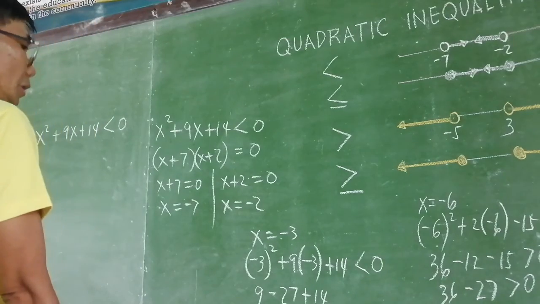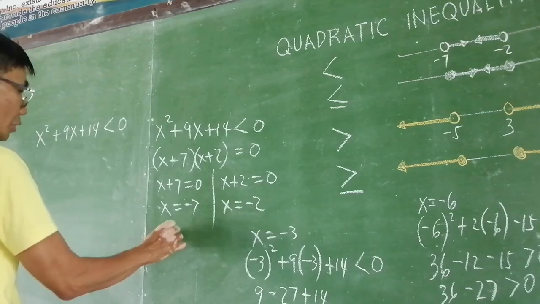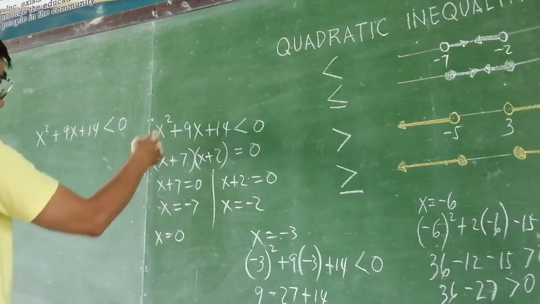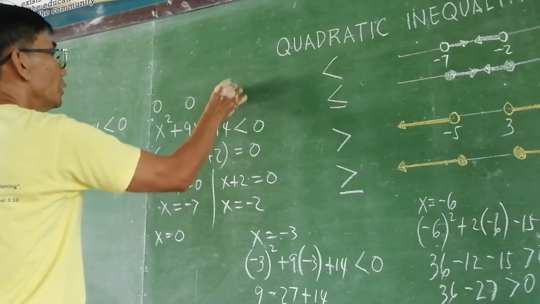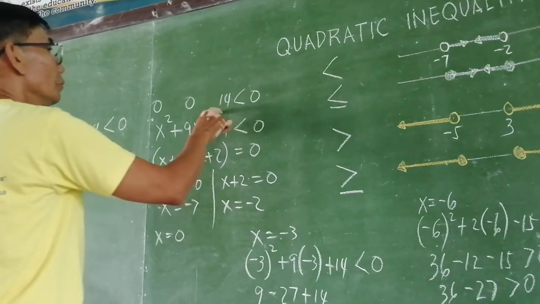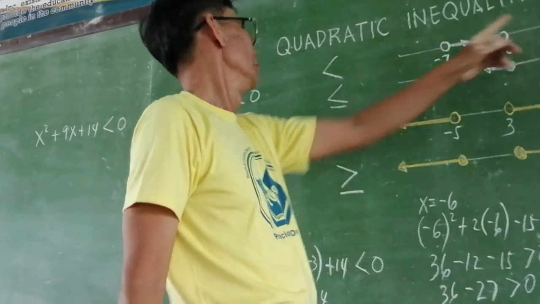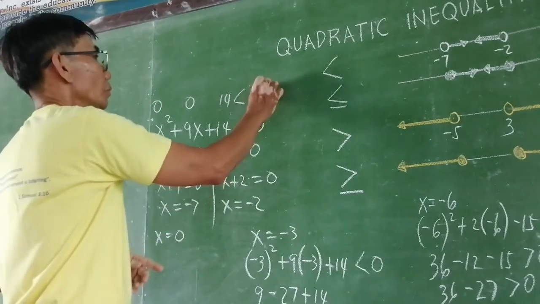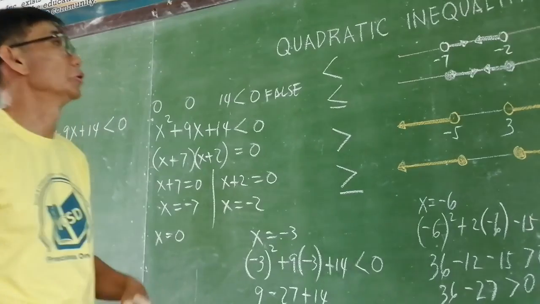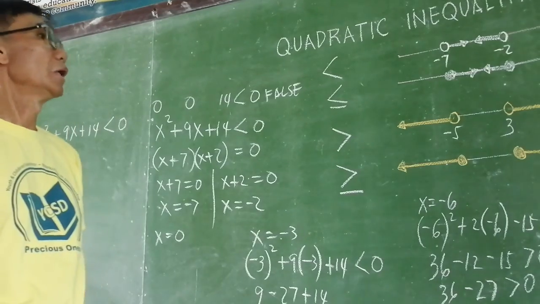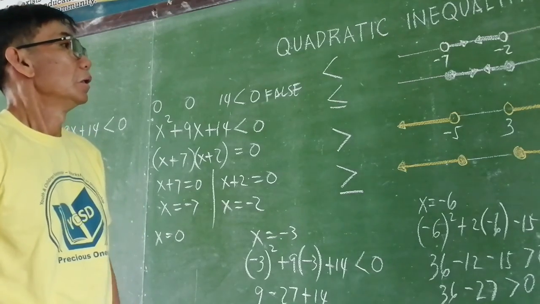When, shall we try, when x equals 0? x equals 0. So if that is 0 and that is 0, 14 less than 0, this is false. So we say 0 is here. So that is not a part of the solution. So that is about quadratic inequalities in linear